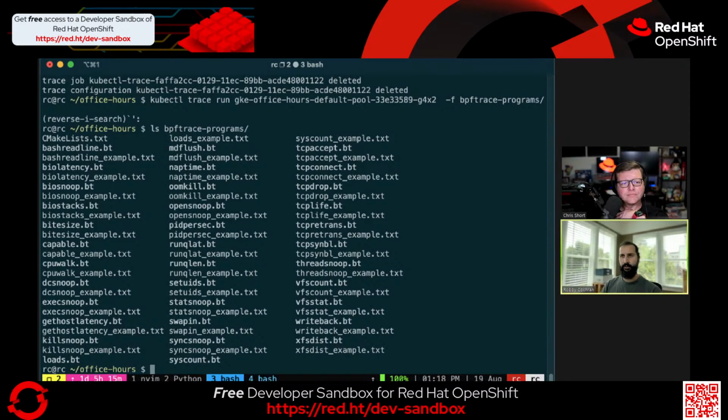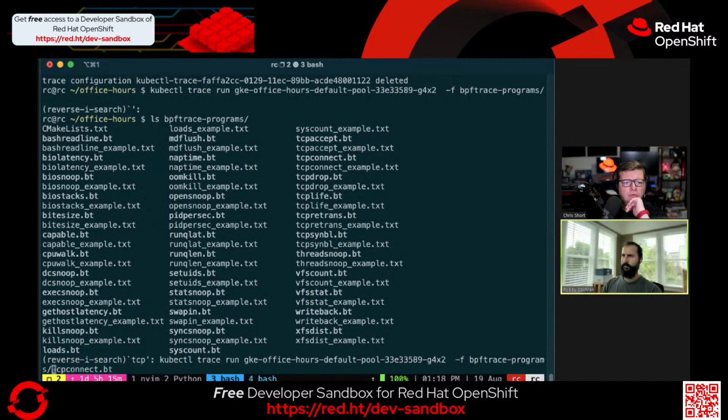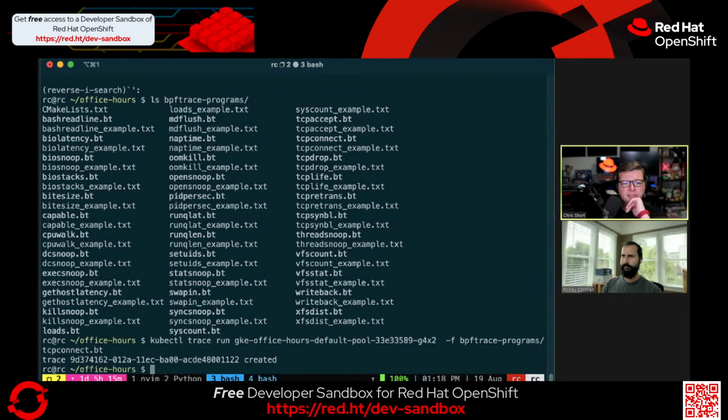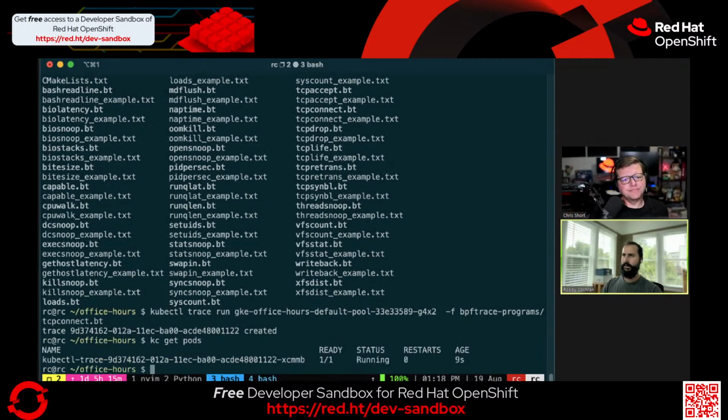The snoop programs are particularly interesting. You can imagine there's a couple of different models of getting data out of the kernel. You can just stream all the events, or you can also aggregate within the kernel. So let's do connections, TCP connections. What's something that's actually going to give us a bunch of results? So we'll see. Let's get the logs for that. Now this is probably going to be really active. There's going to be a lot of connections, and this will show us the